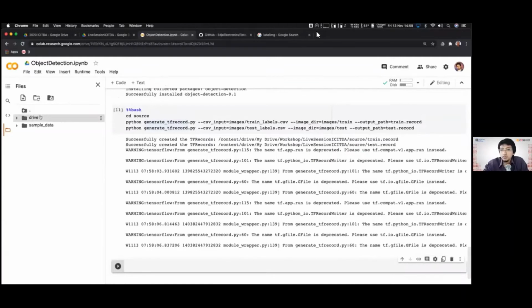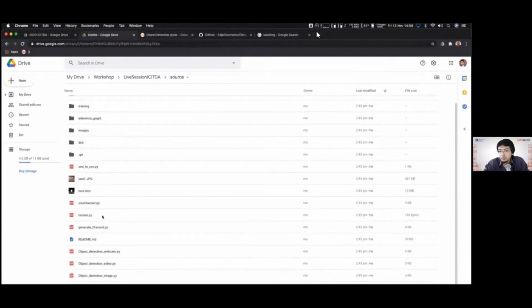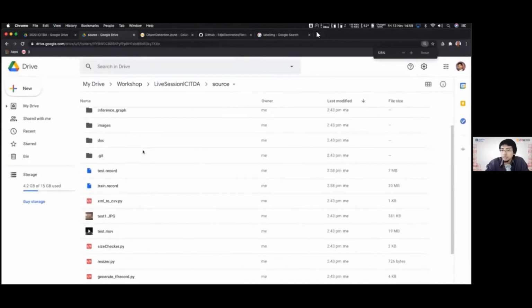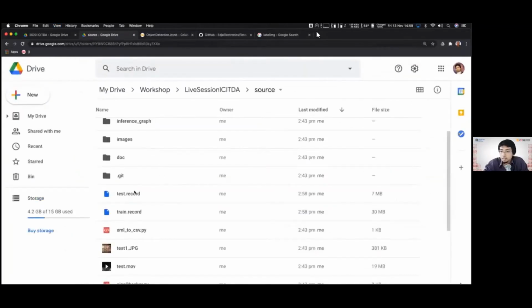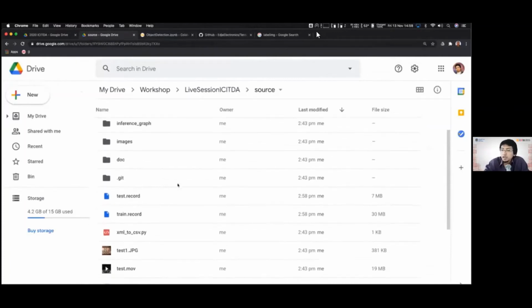Okay, within the source folders here. So we have, okay, let me try to zoom in a bit. So we have test.record and train.record. So this is the collection of the train data set and also the test data set. All right,